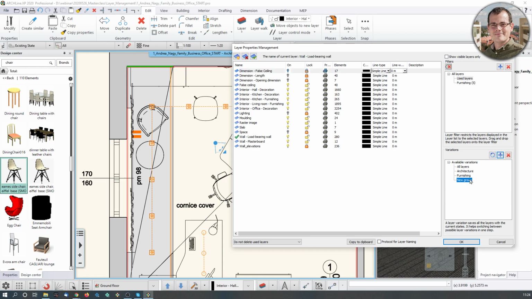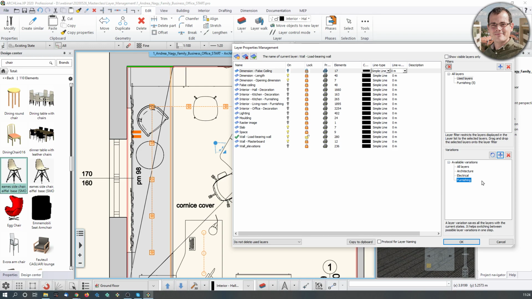So I think anything else might go, so let's just hit update, and let's have a third one, and the third one would be an electrical plan. So let's just do it like that, and now I have an electrical version. So now I have all layers, architectural only, furnishing only,